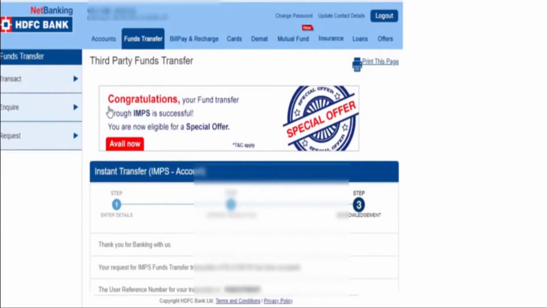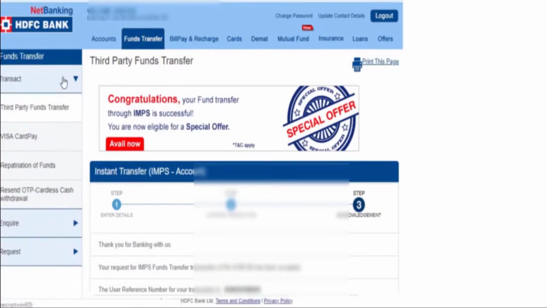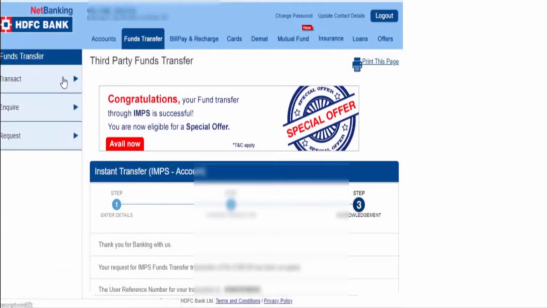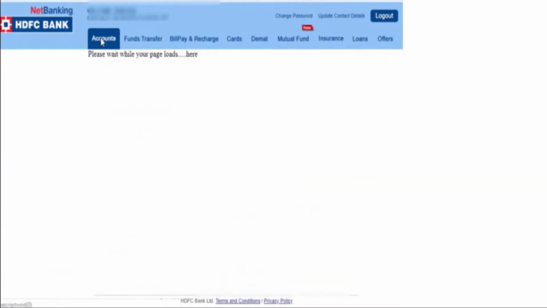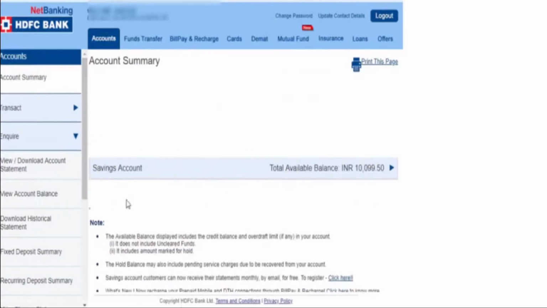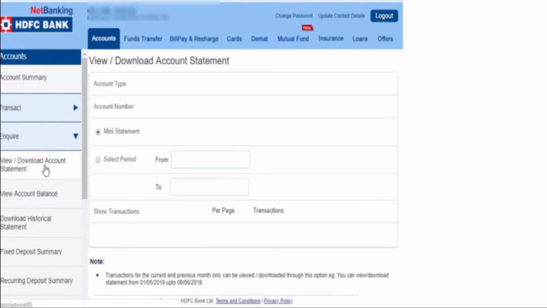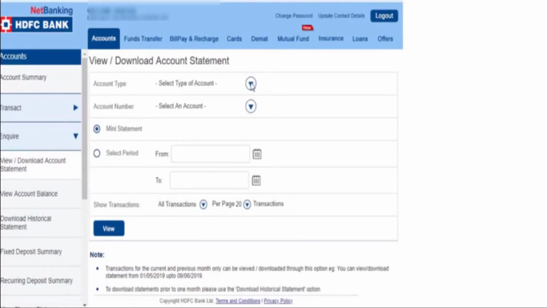After doing that, you need to take out the statement of your account details. You need to go to your account and see the last 10 transactions. Click on account, click on inquire, and view account detail statement, and take a statement of your account.